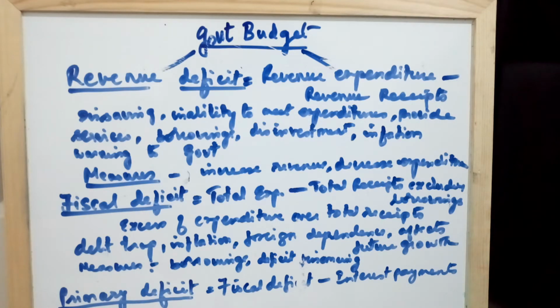The next, primary deficit: fiscal deficit minus interest payments on the previous borrowing. So the primary deficit refers to the difference between fiscal deficit of current year and interest payments on the previous borrowings. The implications are